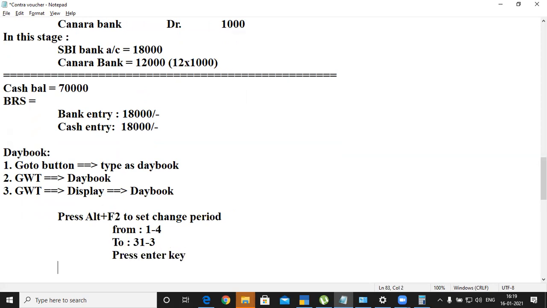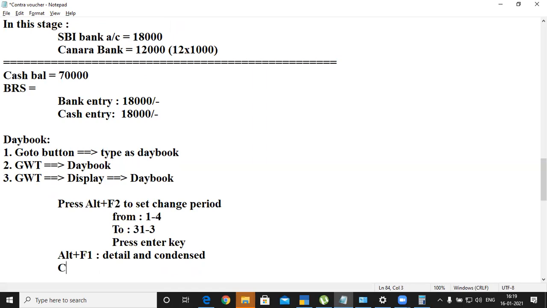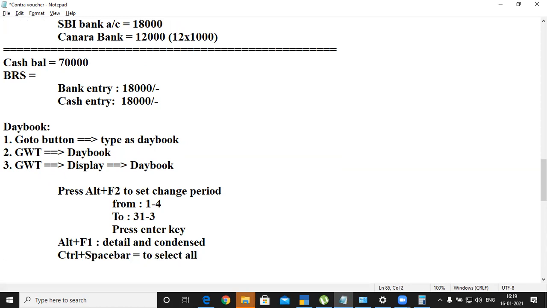Then Alt plus F1, detail and condensed. Then Control plus spacebar to select all. Then only spacebar to select individual.